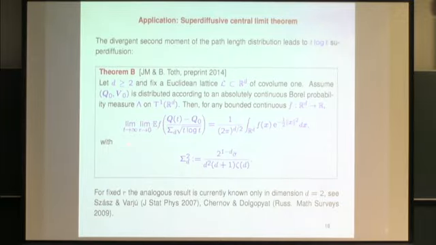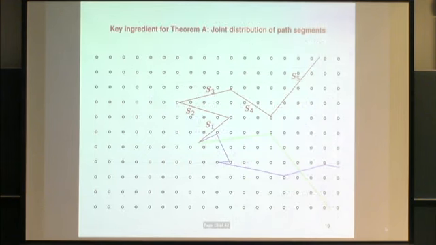You could have, in higher dimensions, a different normalization, not by square root t log t, but maybe by a power. You could see maybe there's a Levy flight. Now, the plan for the remaining 15 minutes of this talk is to give you an impression of how we establish the first theorem on the existence of a macroscopic limiting process. And I'm going to focus on explaining to you the distribution of the free path lengths. But just to say, the theorem A, the convergence of this,